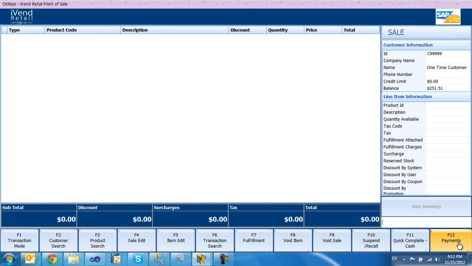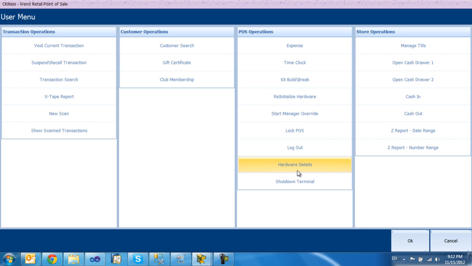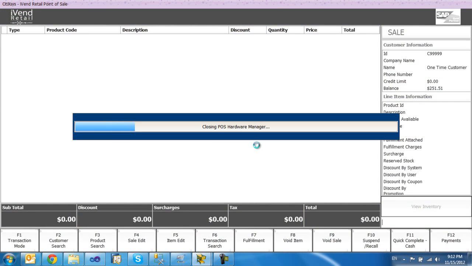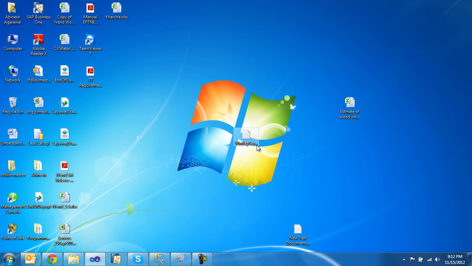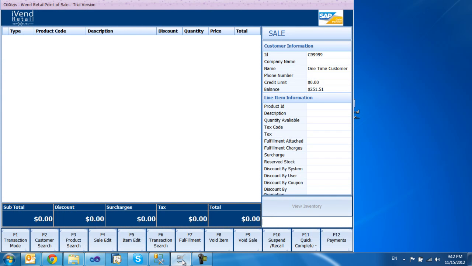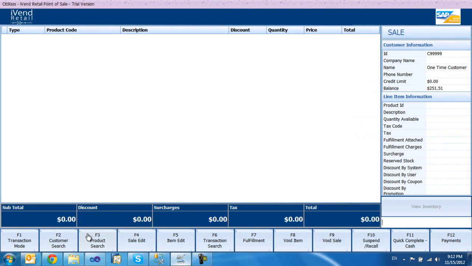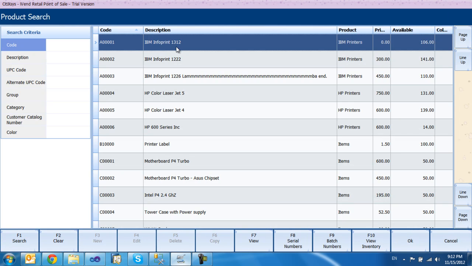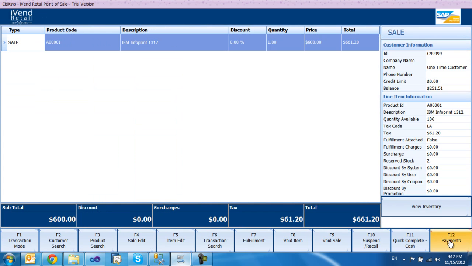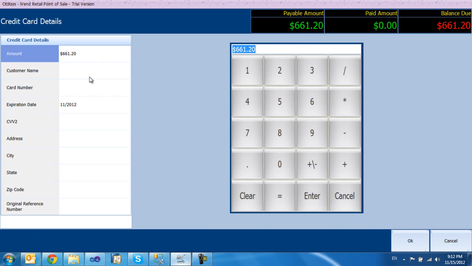To avoid this from happening, we have made a small enhancement in our application. So I will close this because this was on a previous version. I will just show you how the new enhancement would work. So in this case, if a payment is taken,